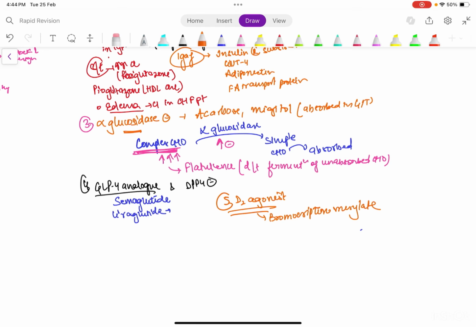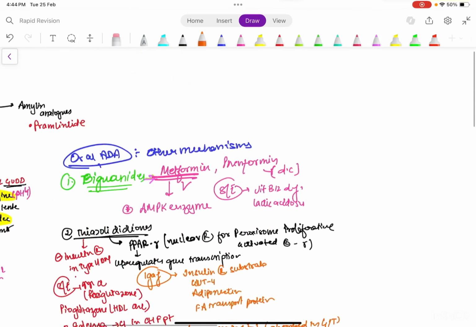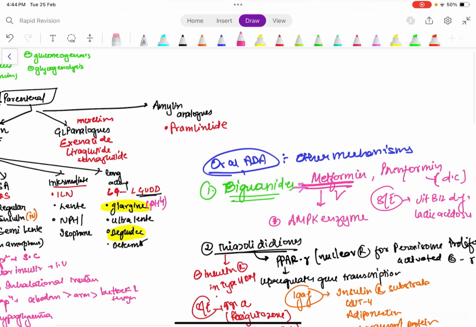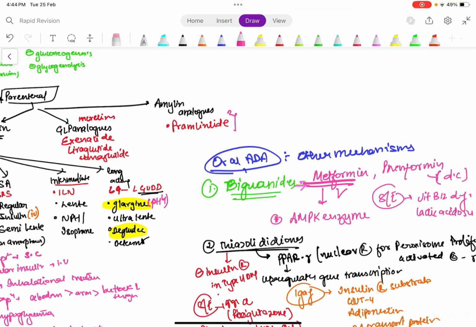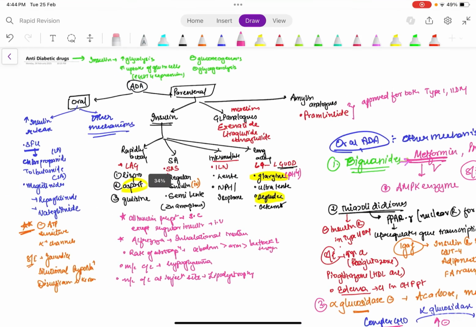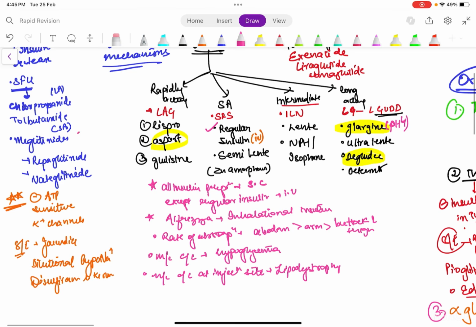All right, then in amylin analog we had pramlintide. Pramlintide, plus insulin, is the only drug approved for both type 1 and 2 diabetes mellitus. Now in meglitinides, you should know that these are used for the postprandial